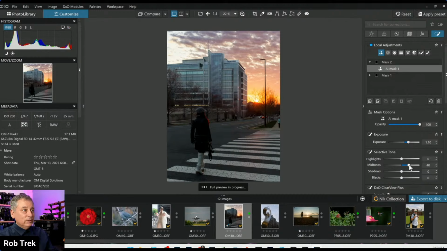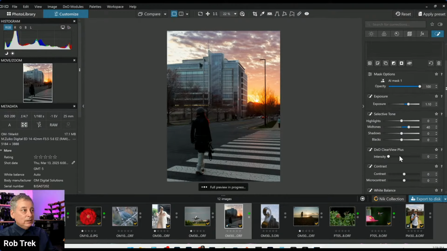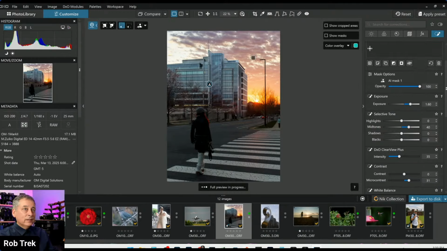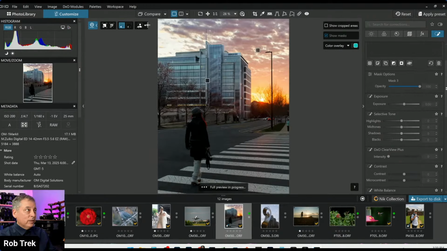Let's click on the midtones and add some clear view and micro contrast. Make it a little brighter. Okay, good. That's about what I want. And then let's select the subject. So if I do subject,